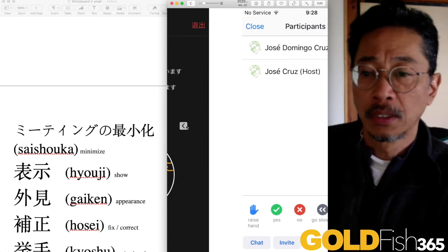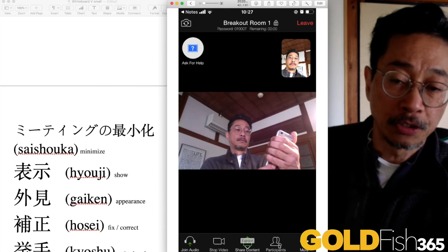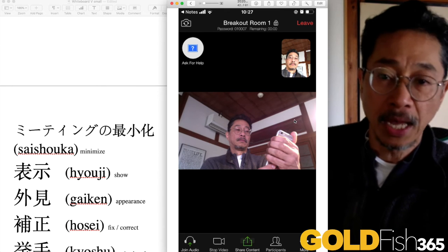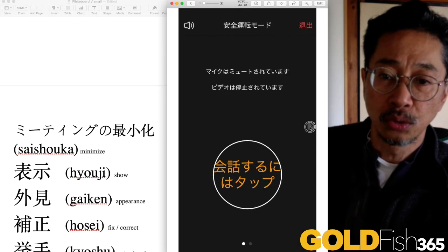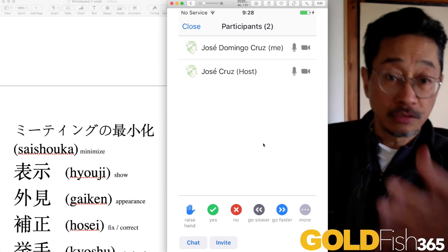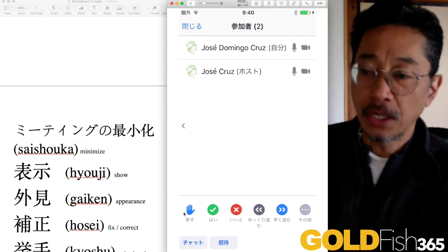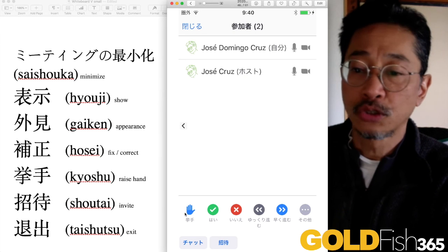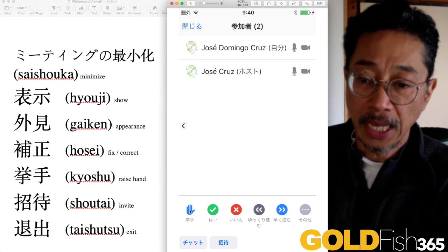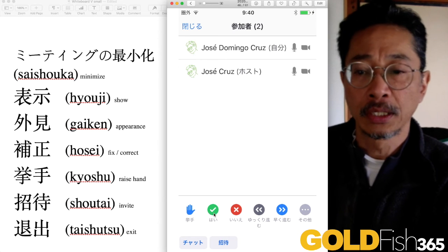Let me see if I can scroll here really quickly. And right there, that's the participants button. If they tap that, they'll go to this window, and this is what it looks like in English, very similar to what we see on computers. And in Japanese, this particular kanji is kyoshu. Kyoshu means raise hands, and the rest of these buttons are not really that important, I don't think, except for hi